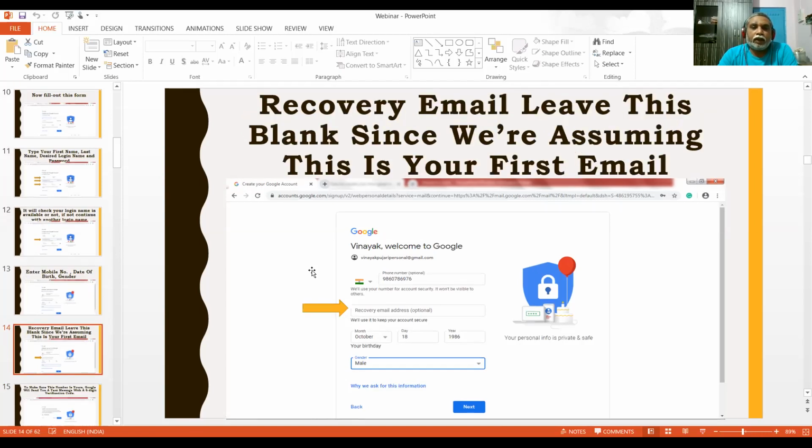The second important part is the recovery email ID. If you lose your password, the recovery email is important.